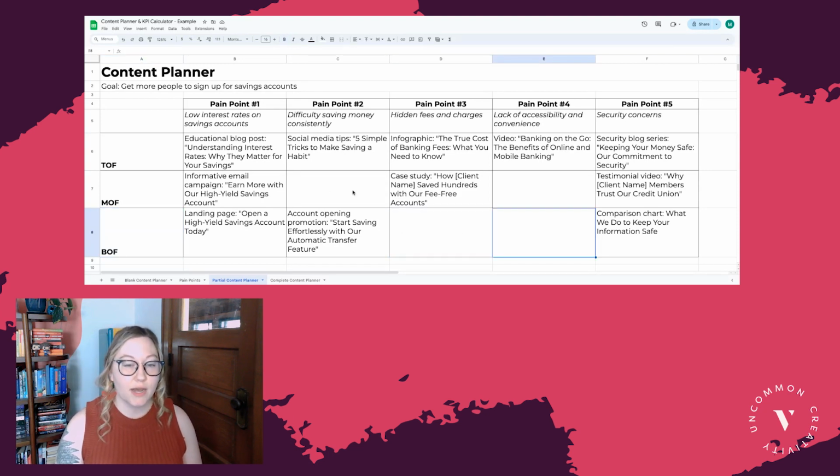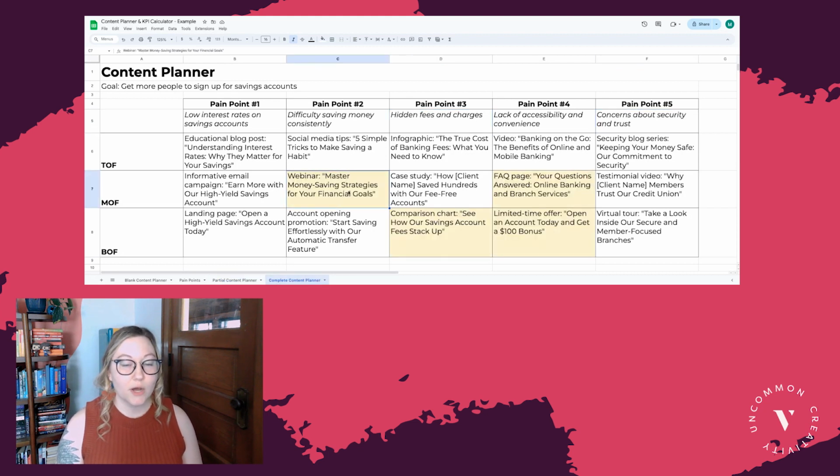This tells me that I need to make content to fill these gaps so that for each of these pain points, I have content that speaks to someone no matter where they are in their journey in response to that pain point. So what that completed version looks like is I have now added some ideas, and this is the content that I'll focus on in the next quarter or two, making sure that I am writing content to fill these gaps so that I'm not just creating random content, but I'm creating content that helps bring someone through their entire journey.